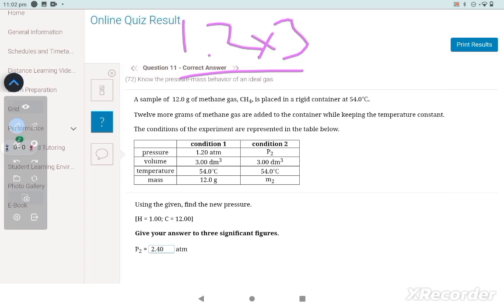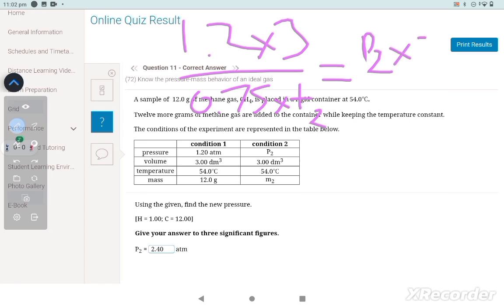So 12 over 16 to find the moles, we get 0.75 multiplied by the temperature, which is 54. We'll just put T2 because it stays the same either way. We'll cross it out. Is equal to P2